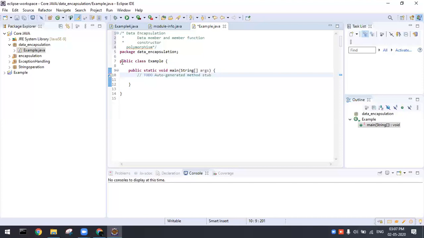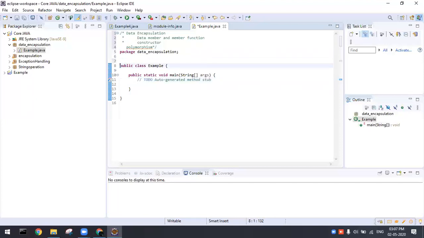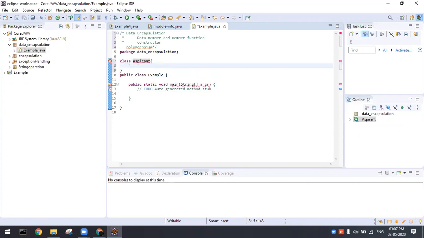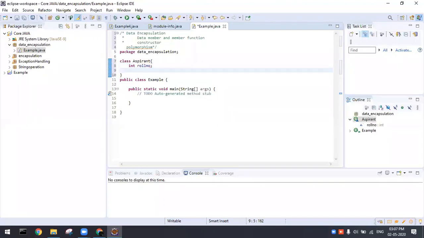Okay, so already we have created one class. Suppose I just want another class. So what I'm doing here: class Aspirant. Inside it, let me initialize int rollNumber, and a void show-off method, a non-static method.